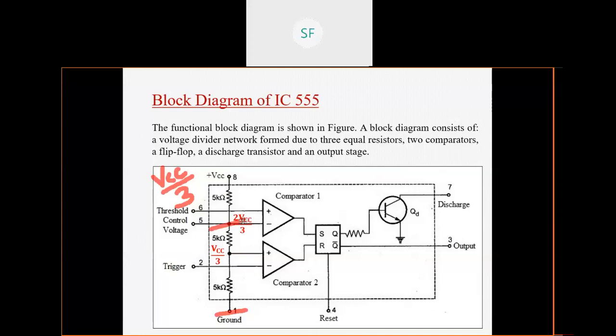If you observe between these 2 points, there are 2 resistors, and VCC by 3 is the voltage drop across one resistor. So VCC by 3 across this one plus VCC by 3 across this one. That means the total voltage at this particular point will be 2 VCC by 3. Hence I have mentioned 2 VCC by 3 here. Same logic you can apply,